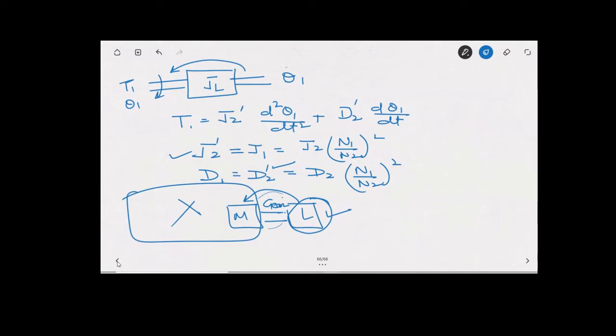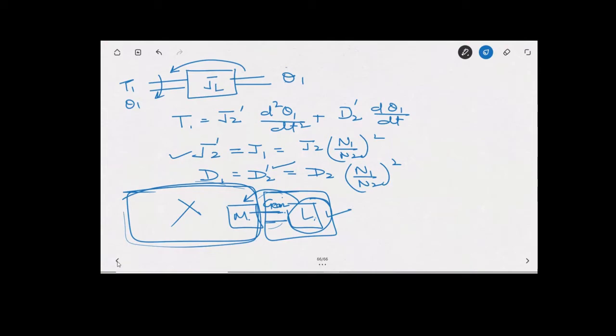तो इसलिए हम इसमें what we are doing is we are basically referring the parameters of the load towards the motor side. So basically referring the parameters of the secondary towards the primary side, so that we have one complete circuit to play around and we can analyze this circuit. तो इस चीज को ये यहाँ पे यूज होता है, इसलिए दैट इज व्हाई वी आर डूइंग द equivalent. We are basically shifting the secondary side towards the primary, as you must have done in your equivalent circuits when you have derived the equivalent circuits of transformer. There also you must have done this.